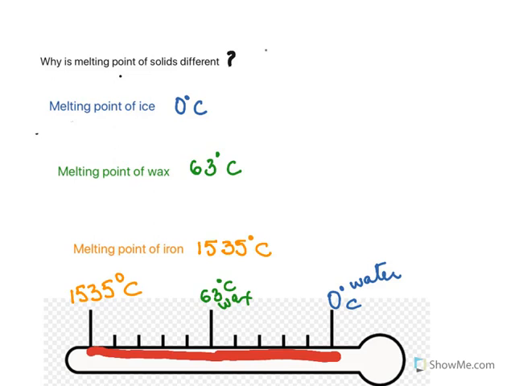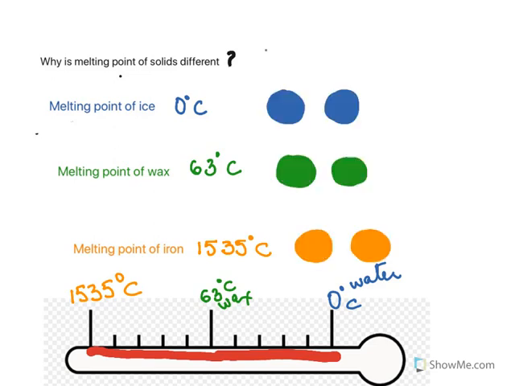What is the reason for these different melting points? And the reason is this. Of all the three that we have taken, we have taken ice, wax and iron. Ice is the easiest to melt, hence we can imply that the force between these molecules is very less, so it melts very easily. Now we'll go to wax. Wax is a higher temperature, so we can say that the force between this is a little stronger, so you require more heat. And when we go up to iron